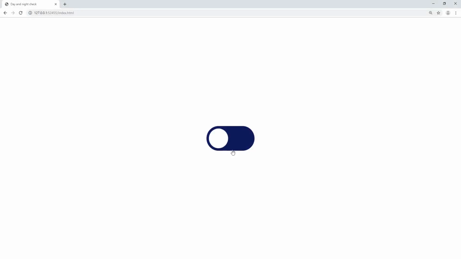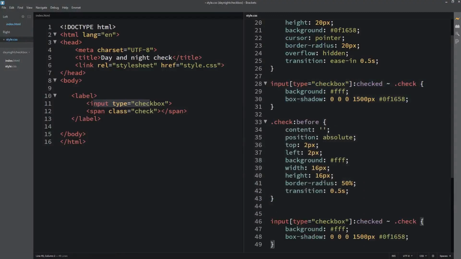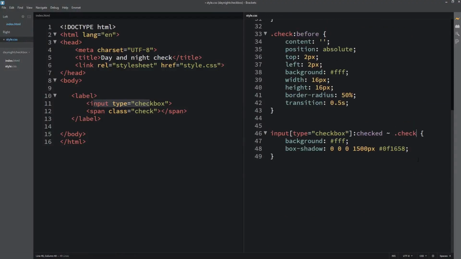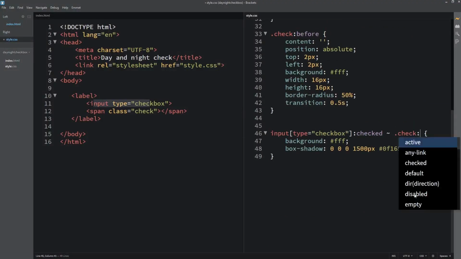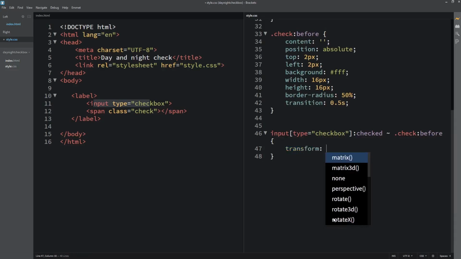Okay, that's true for you. So I might do the first animation. I might just copy this one, come down here, and paste here. Then I'll say check before. I'll delete all these, come on here. So I'll say transform, to the horizontal side now.